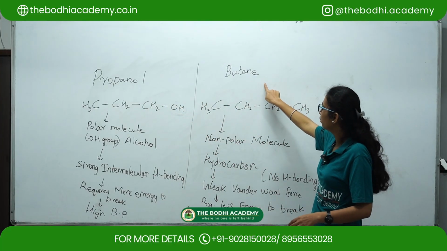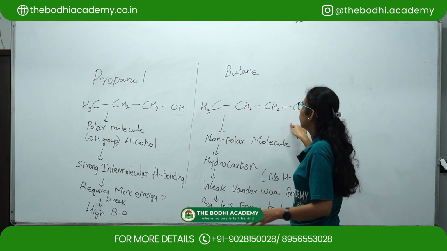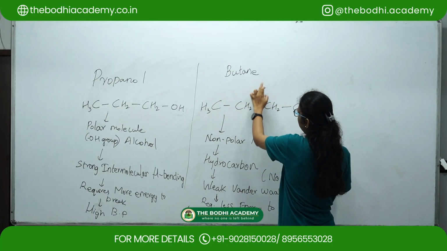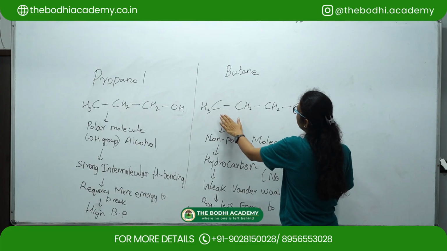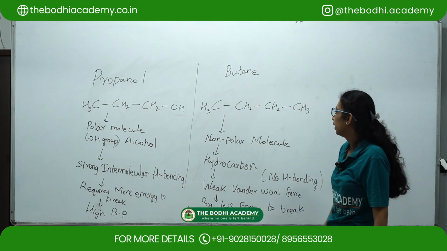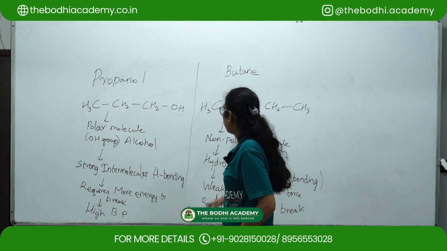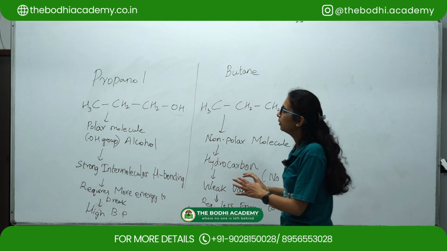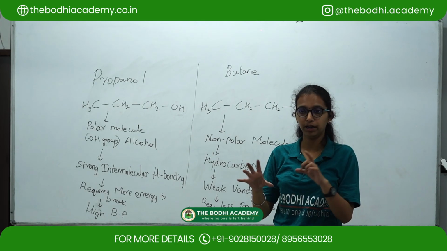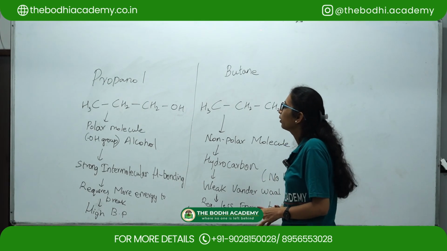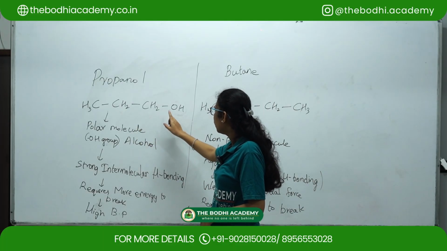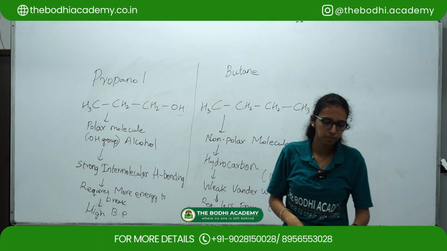Let's come to butane. Butane is a straight chain. But means 4 carbons, ANE means single bond. It's an alkane. This is the structure of butane. I have explained it in a simple way. If this question comes in your exam, you have to frame sentences and write it. Since it has an OH group,